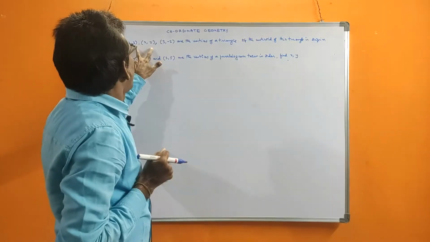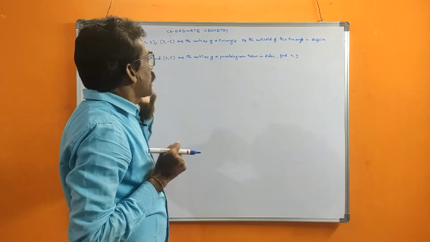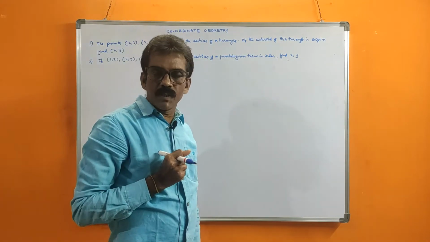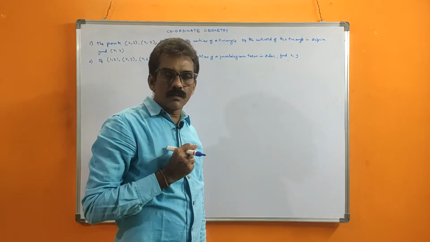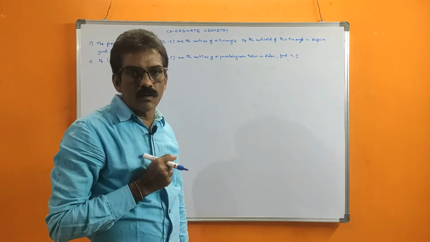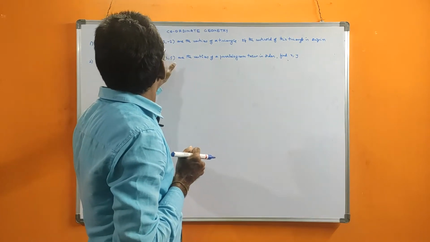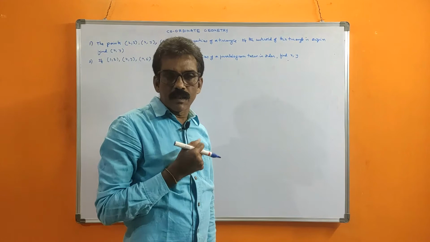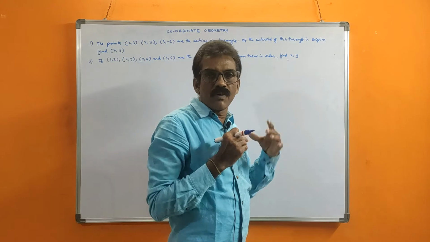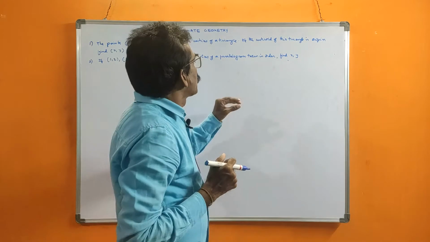What is given? 3 points are given. These 3 points are the vertices of a triangle. Its centroid is given, that is at the origin. That means the coordinates of the origin, which we know are (0, 0). So the centroid is given as (0, 0). If the centroid is given, we should calculate the centroid by using these points. We will get the centroid coordinates, but given that the coordinates are (0, 0), you equate those two, then we will get the unknown variables. That is the technique here.